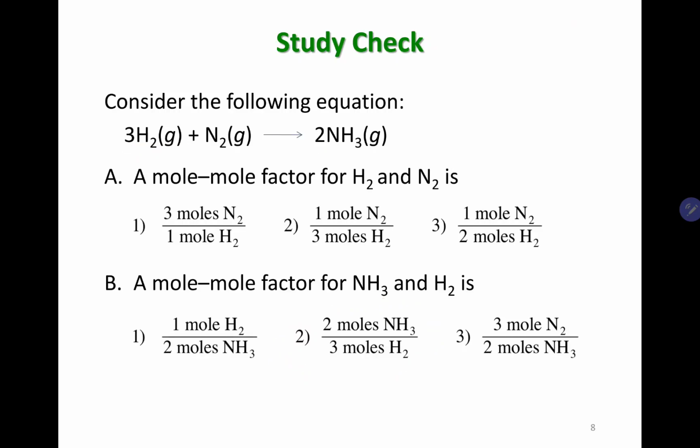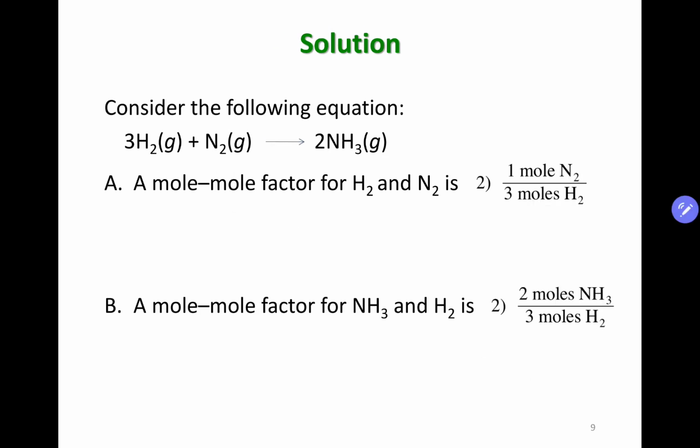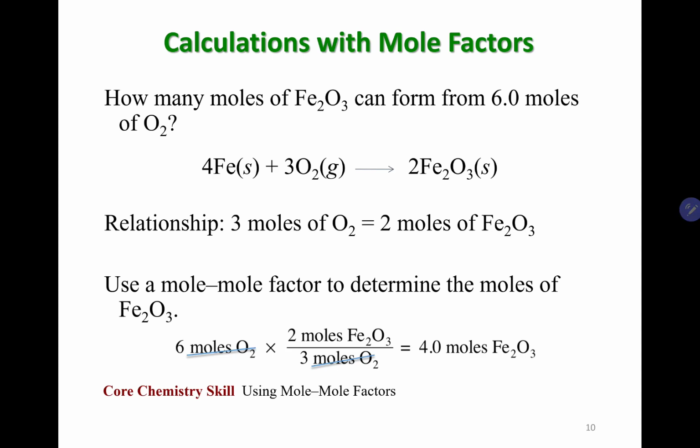If you ever want to get the mole factor between two different reactants or products, or between a reactant and a product, you will simply use the stoichiometric coefficients that you obtained from balancing chemical reactions, and these stoichiometric ratios are directly proportional to the mole ratio between two different components in a chemical reaction. All right, let's go to the next slide, which is basically calculations with mole factors. This is actually the more important